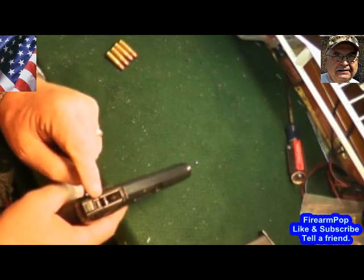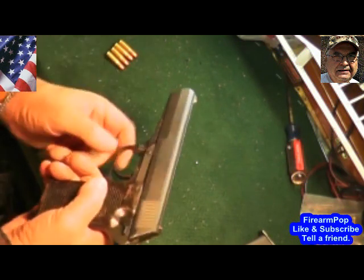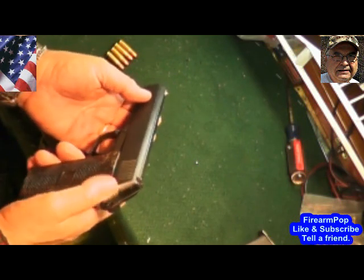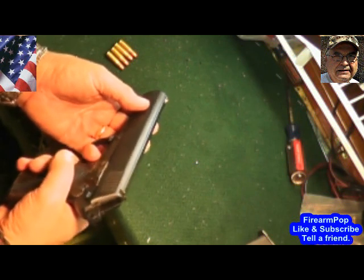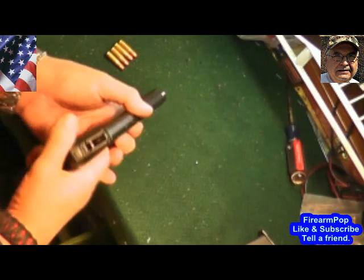Now, there is a safety mechanism in here. The hammer won't fire, okay, unless the trigger is back. So that is a great safety. Right now the safety is on, so nothing's going to happen. They say not to dry fire this weapon because